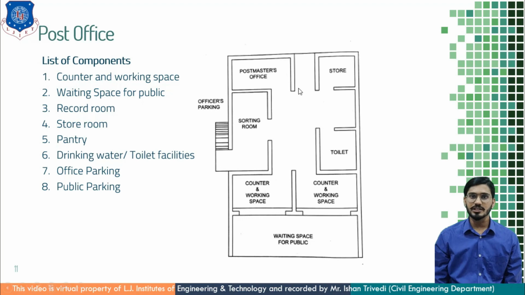So this is how you can make the layout of any public building which has been asked in your exam. What you have to remember here is the components which are part of that particular building. It can be a library, it can be a shopping center, or it can be an industry. So you have to make it in such a way that each and every component, the initial basic components, can be included. So I am ending this session here.